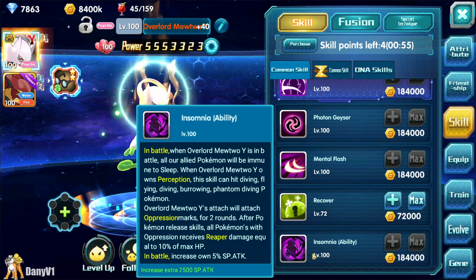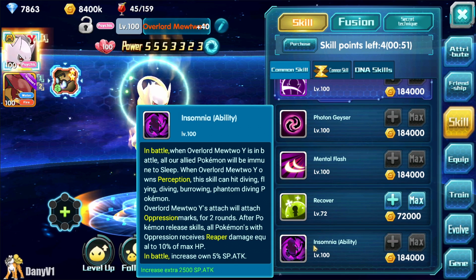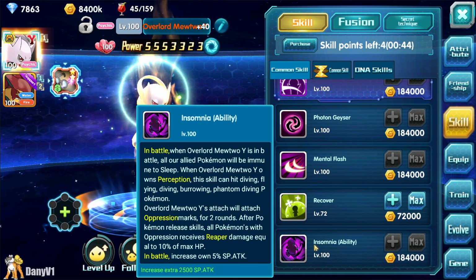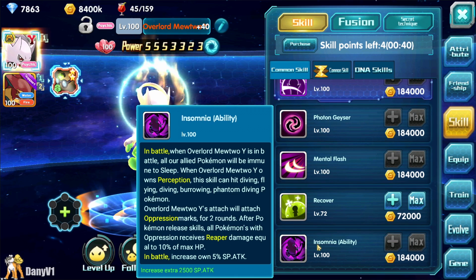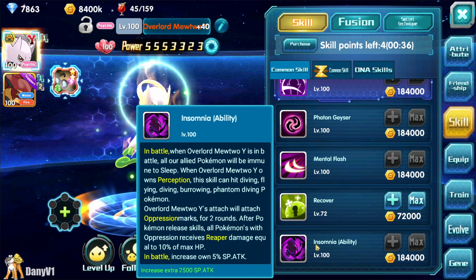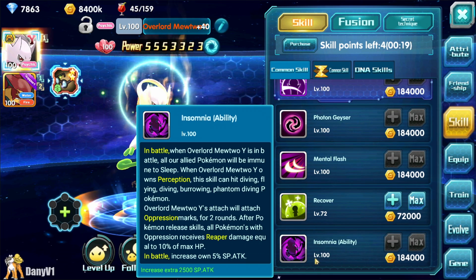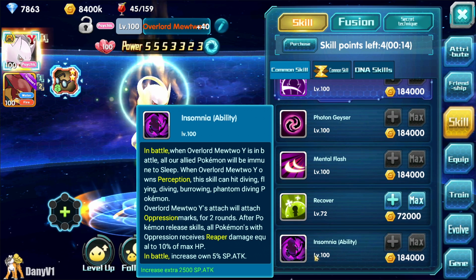So when this Mewtwo is in the battle, all of your Pokemons are immune to sleep. Not that it matters that much, sleep is not usually a problem nowadays. And then this Pokemon has some specific passive, which is the Perception, which means that the Pokemon can hit enemies anywhere they are, like flying, diving, burrowing, etc. Also, at the start of the battle, Mewtwo has oppression marks for 2 rounds, which means that after